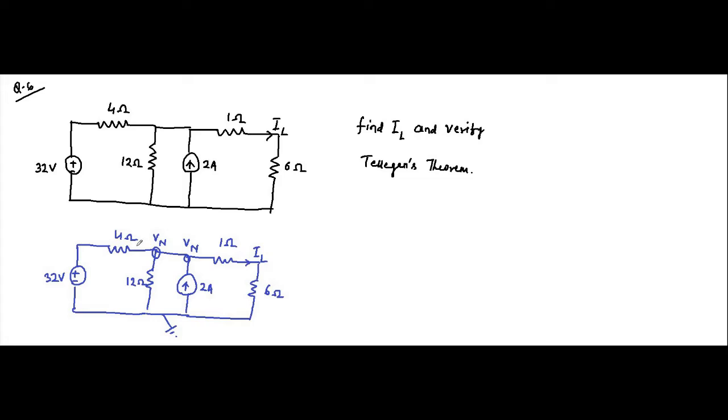So let us assign current directions. Let's say this is I1, this is I2, and this is IL. So I1 and 2 are flowing towards the node. I2 and IL are flowing away from the node. So the KCL equation will be I1 plus 2 is equal to I2 plus IL. So I1 is 32